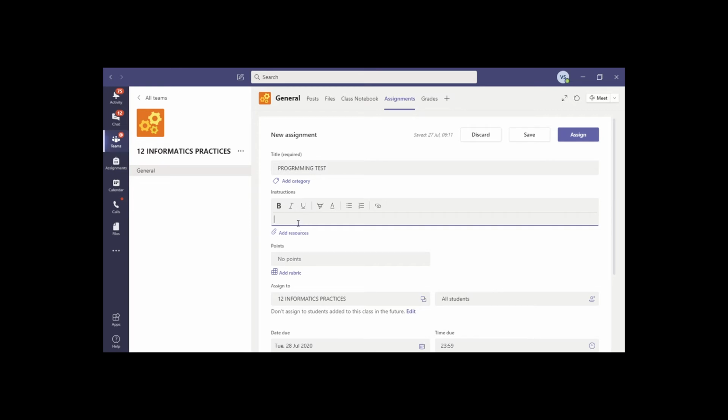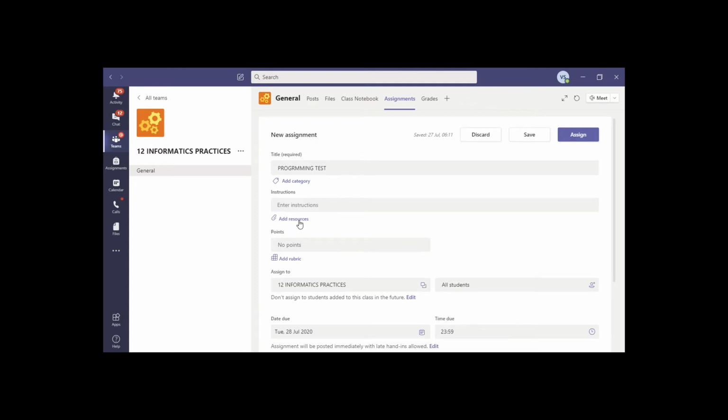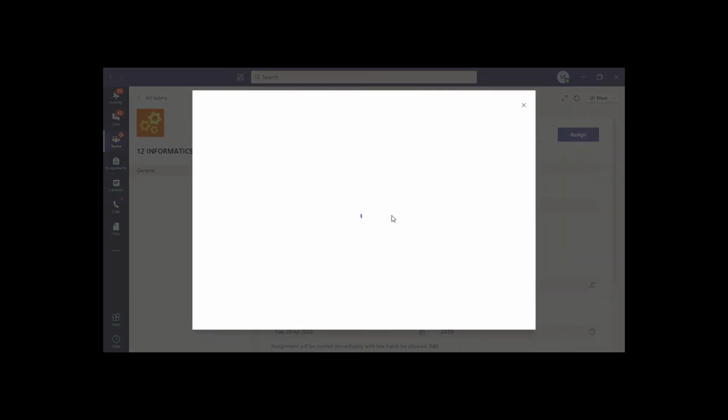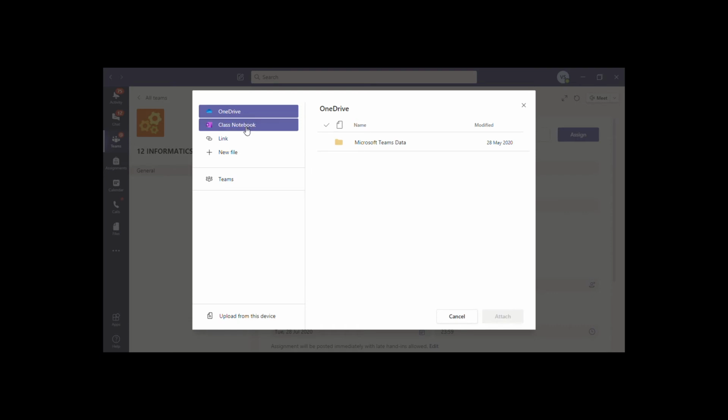If you want to give any instruction to fill or to complete this assignment, you can have it here. In my case, I gave it along with the question, so I'm going to use add resources. This is important. Add resources. We have to attach that page in the class notebook here. So go to class notebook